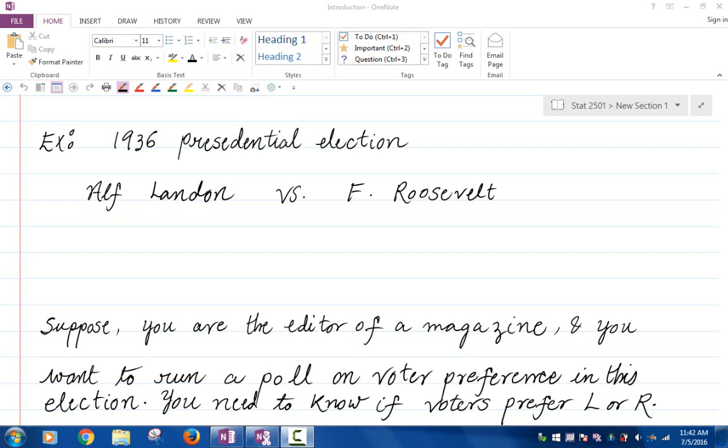So let's say that we are studying the 1936 presidential election. Let's go back in time. And the candidates for that election were Alf Landon and Franklin Roosevelt. So let's suppose